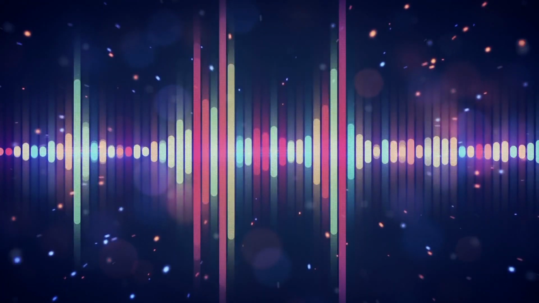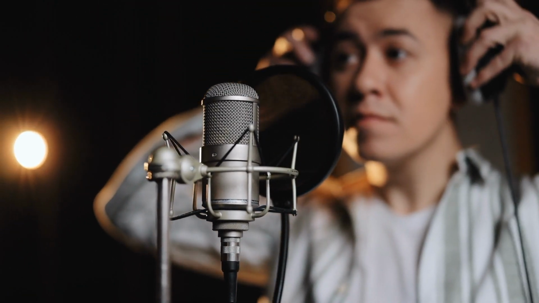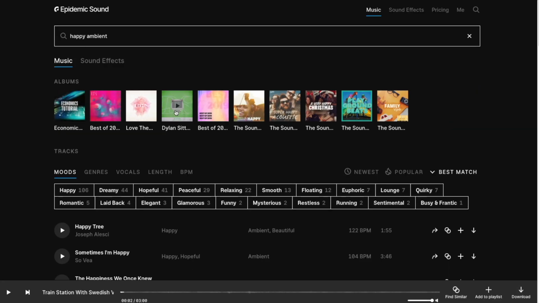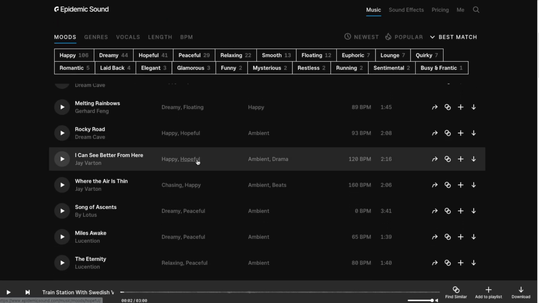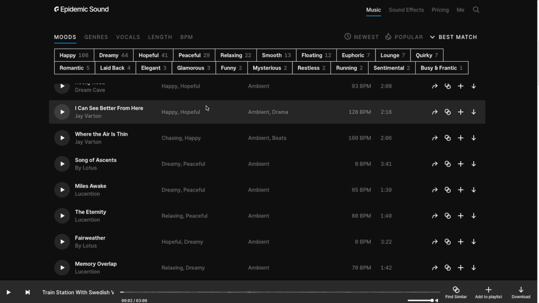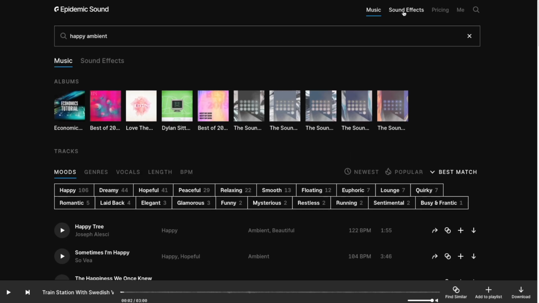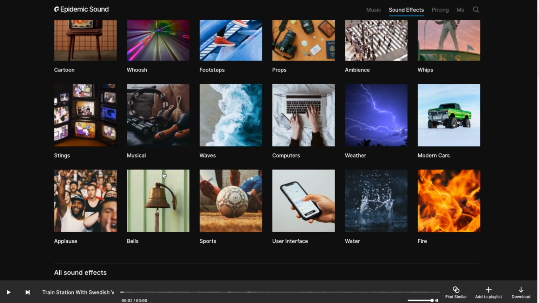You can add music, sound effects, and you can record a voiceover to really capture a compelling story. Now for music and sound effects, I always go to Epidemic Sound. I really like their library of royalty-free music, and I find that the options in PowerPoint are really limiting. You can of course use sound effects in PowerPoint, but you're really not going to capture the full story, and it's not going to be as intriguing or exciting for your viewers.